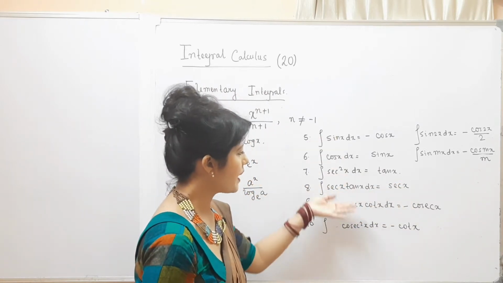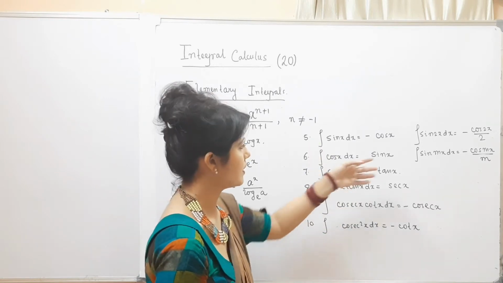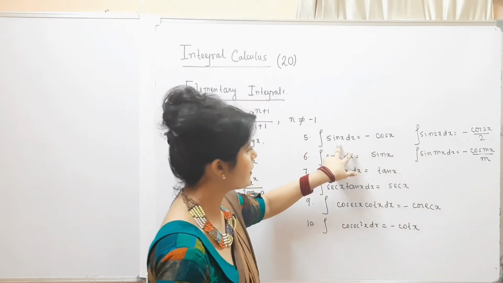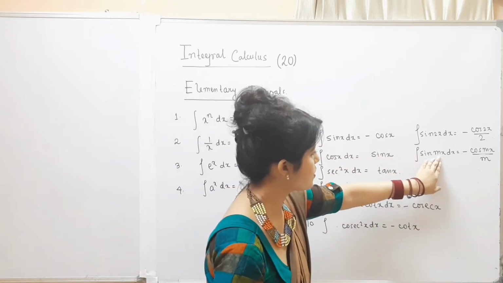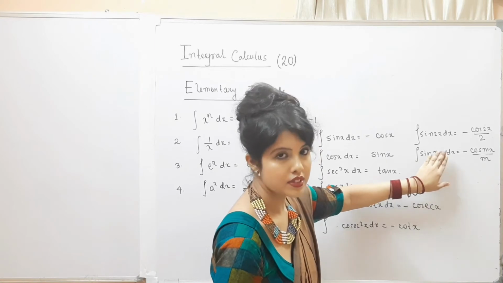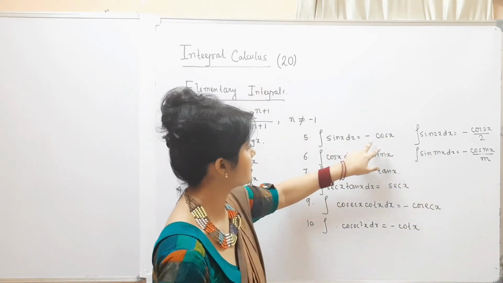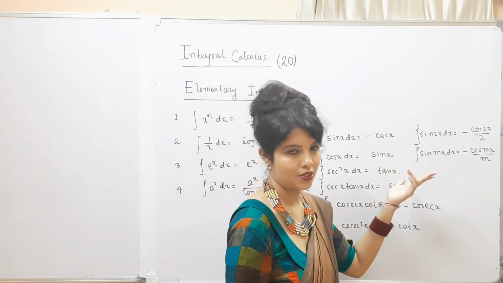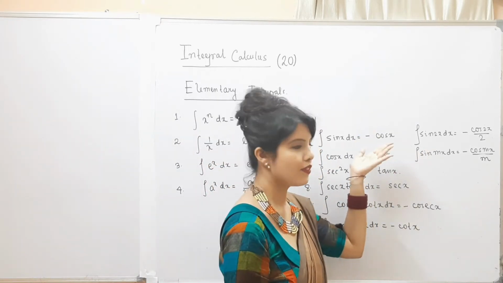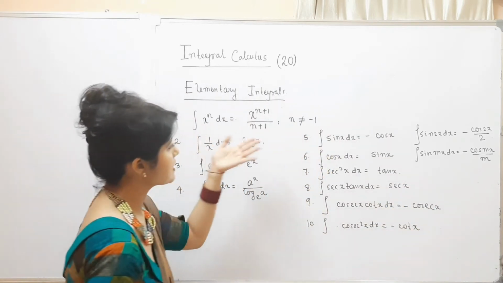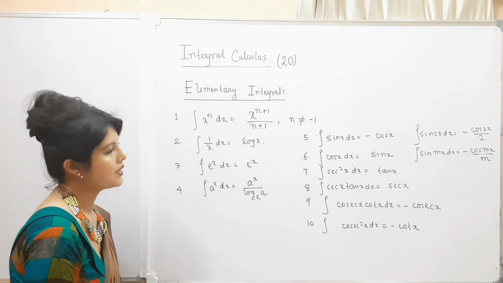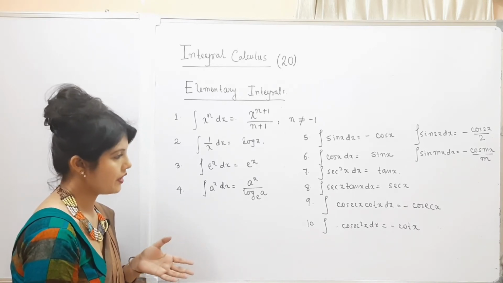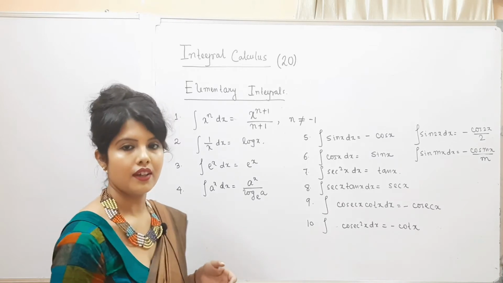Okay, so I am writing just the elementary portion. Now this is actually the general formula. So if m is equal to 1, you will get this one, because if m is equal to 1, it will give you sin x. So integration sin x dx, you will get minus cos x by 1, so therefore minus cos x. So these are all the elementary properties, and they are very, very important for solving the problems of integrations.